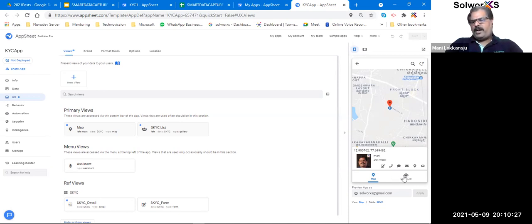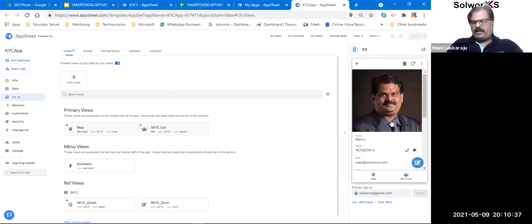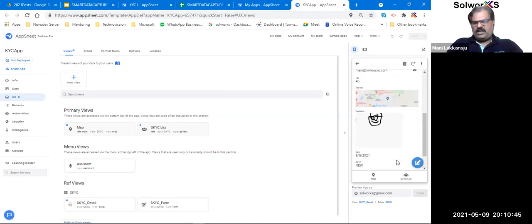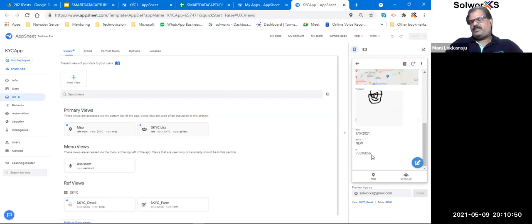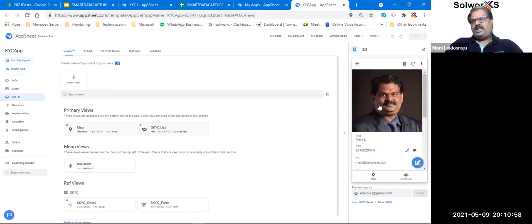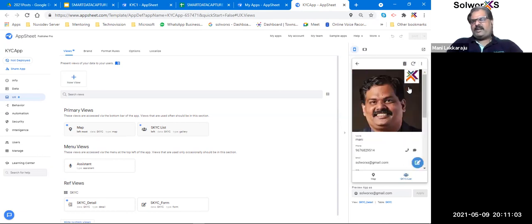But if you look at this, it is a more interactive, more helpful, smarter way of capturing data. And when I click on this, I'm capturing every detail. I'm not missing any detail. Whatever details we captured earlier, like the name, phone, age, then all the address, the date, the status, the ID, plus I've also captured a smiley, just to get feedback on how the customer is feeling. Because sometimes it's really boring to look at the data and fill it in.